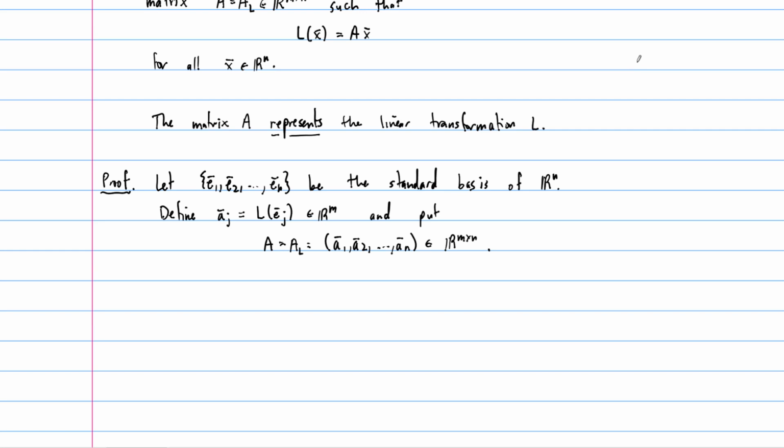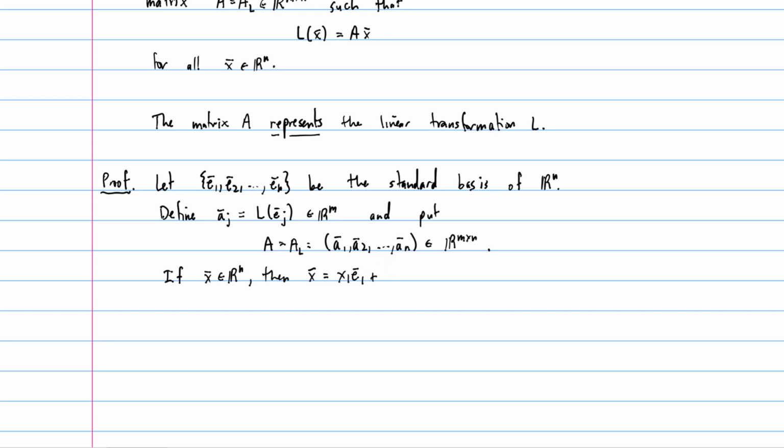The question of what is the matrix is answered in the proof as long as we can prove that this is the right matrix, right? So let's do that now. If we have any other vector in Rn, a vector x, then we can represent it in this basis. This just means that x is equal to x1 e1,